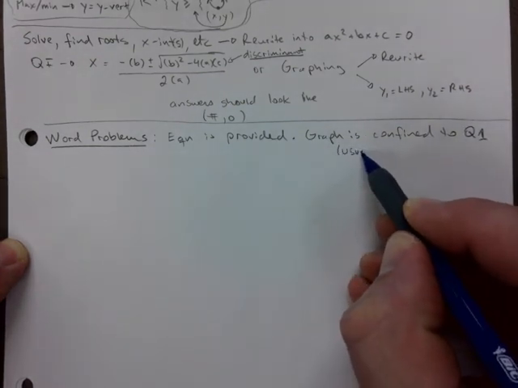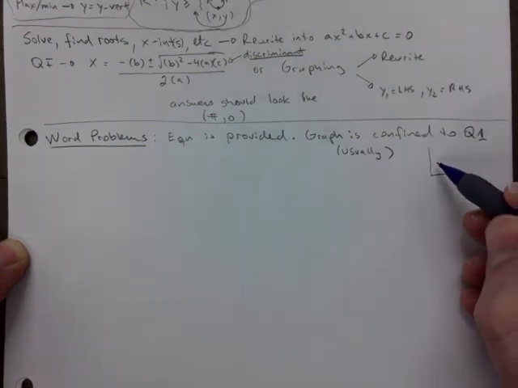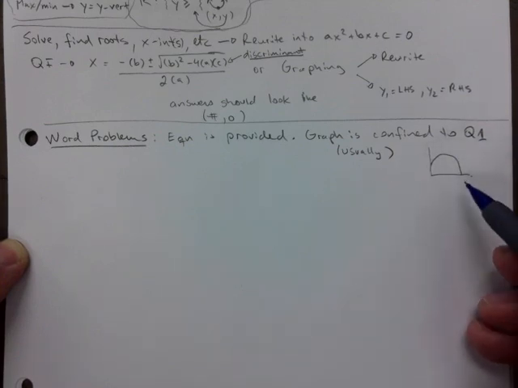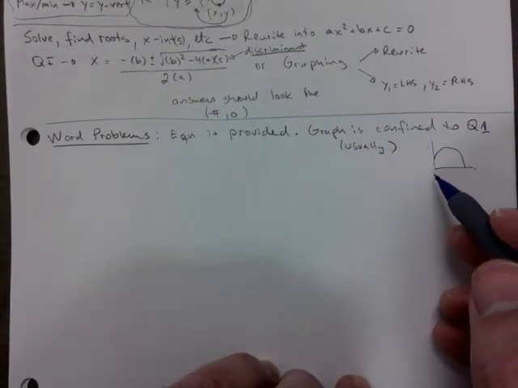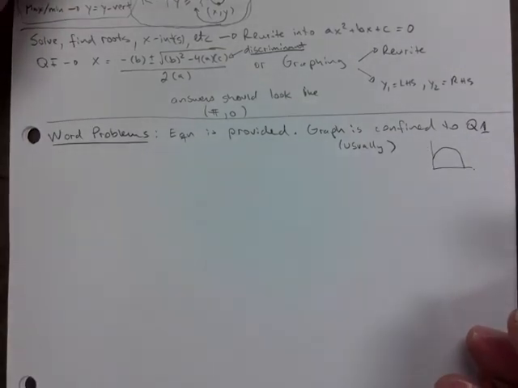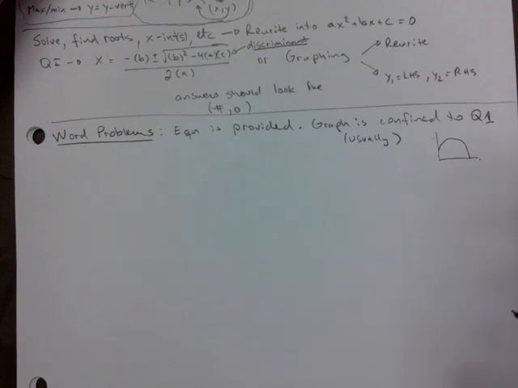Okay. So what that means is you will have something happening in the first quadrant. Label and everything. Sometimes it hits the ground or the surface of the water. Sometimes it doesn't. Sometimes you start right on the ground. So that is all based on the wording and the equation itself, obviously. I would say